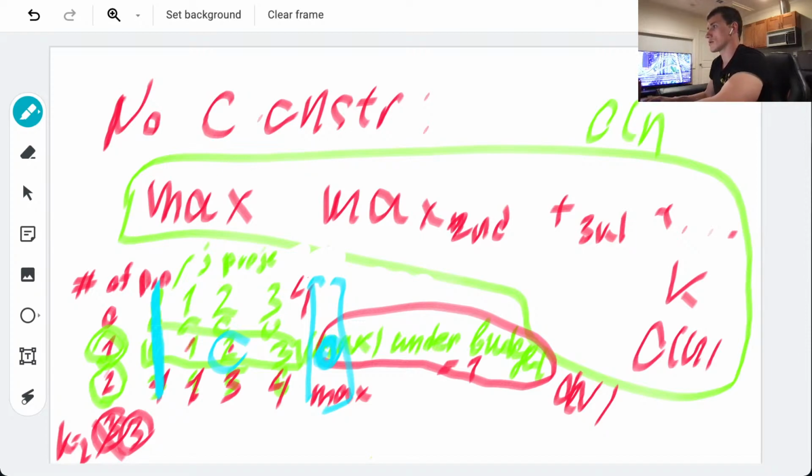I think I've been selected. Remaining budget is W. And then what? K plus 1, because we have this -1 element that technically doesn't count as anything.